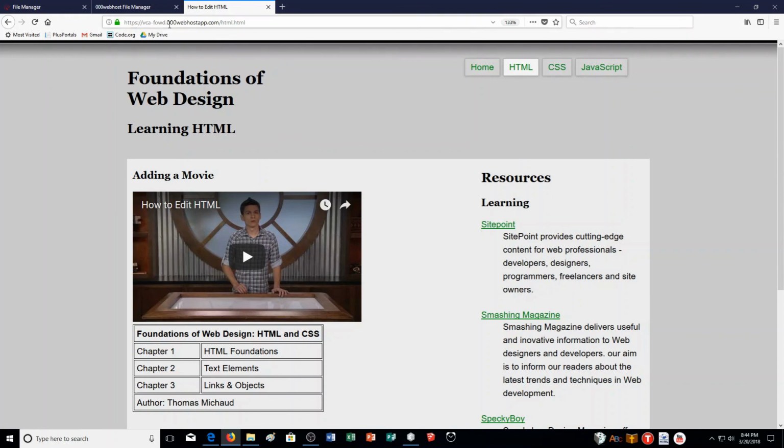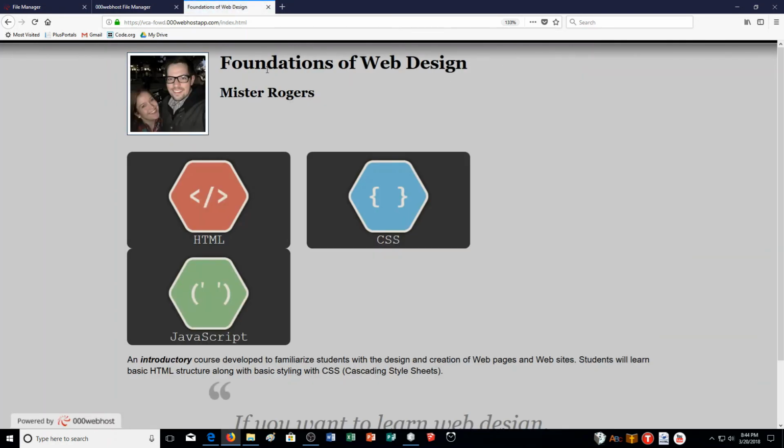And you'll notice my link, I do want the index one, is this one right here. vca.fowd.000webhostapp.com/index.html. This is the one you'll copy and put inside the comments. Otherwise, make sure you get this assignment done, upload it, and have a great